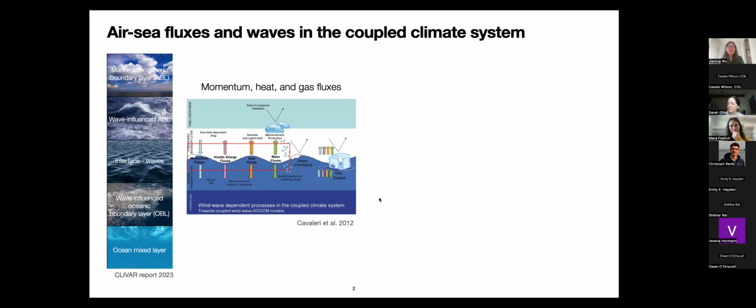Back during my PhD, I worked on ocean surface waves, and even though I didn't directly touch on the air-sea flux, it was always with this big picture in mind that waves sit at the interface of the ocean and the atmosphere, so they directly interact with the very bottom of the atmospheric boundary layer and the top of the oceanic boundary layer. So it modulates all these momentum, energy, and heat fluxes.